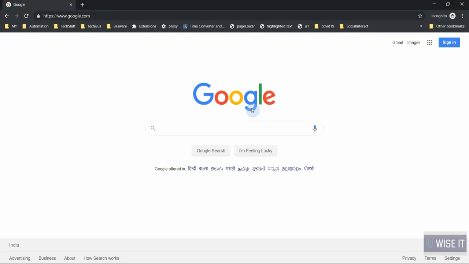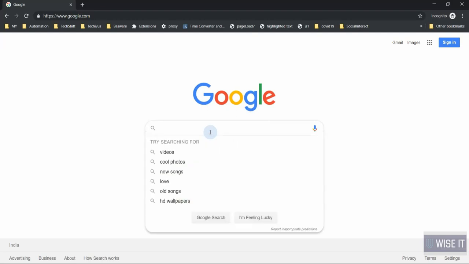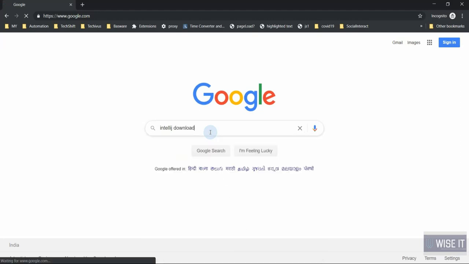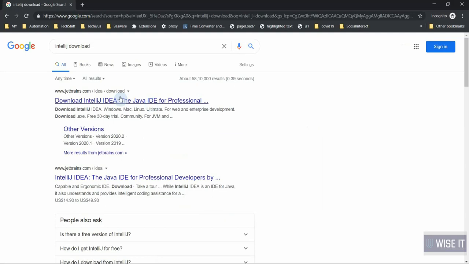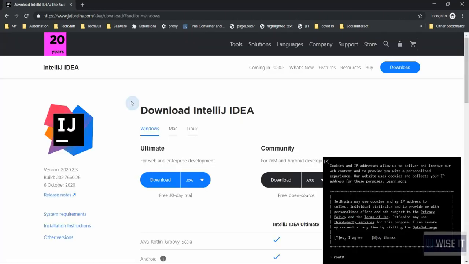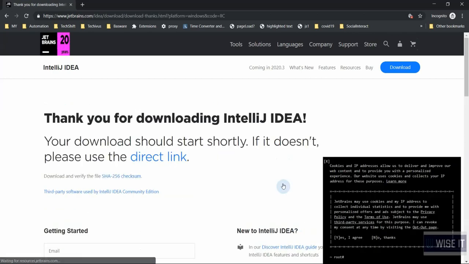So just go to Google, and we need to type IntelliJ, and we need to type download. So it will search us IntelliJ download website. So what you need to do, just click on this IntelliJ IDEA link, guys, and download the community version. Community Ultimate is the one which is paid, so we'll go with community. It has almost all the options which we require for automation, so no worry about it. So go to download, click on this. So it will start downloading the IntelliJ IDEA.